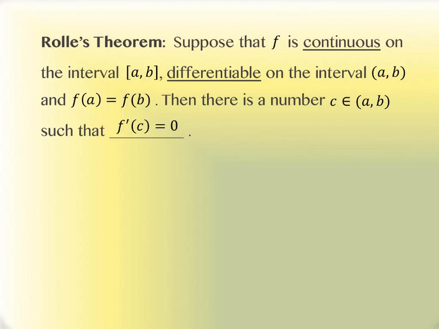If you have a function that is continuous on the interval [a, b] with the endpoints included, and differentiable without the endpoints, and the function value at a equals the function value at b, then there is a number somewhere between a and b where the derivative is 0. So if you sort of imagine the picture going on,